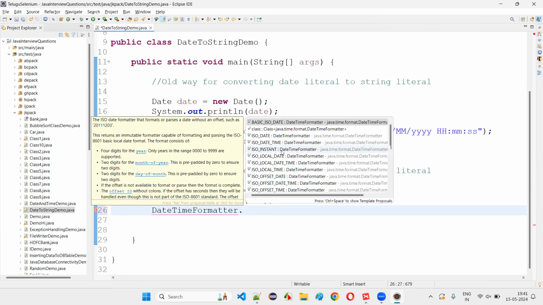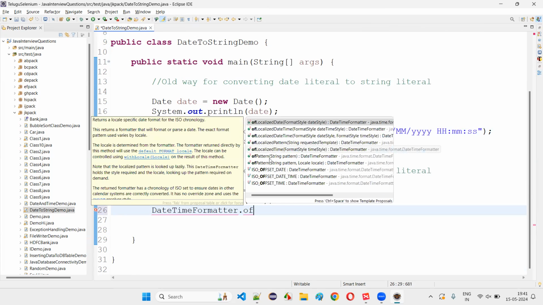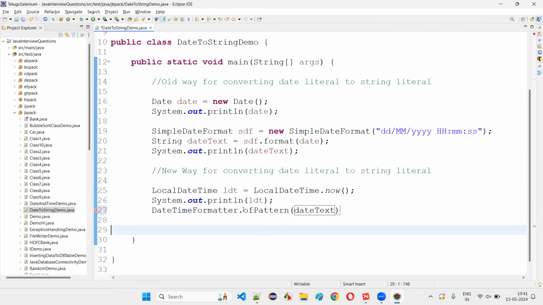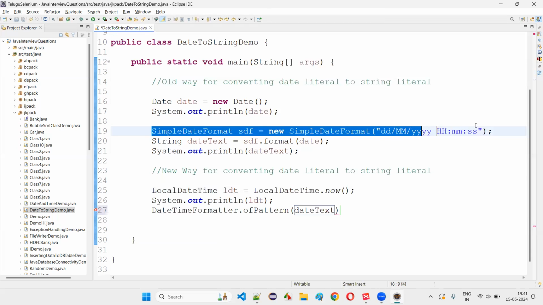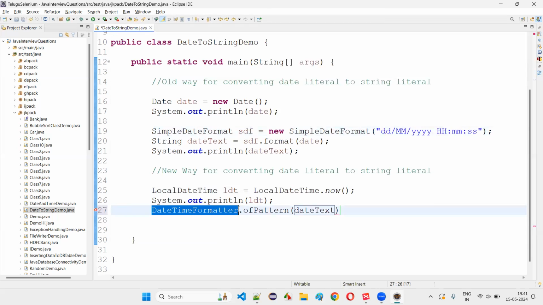Sorry, you have to call the ofPattern method here. Here we should not be using the new keyword for creating an object like SimpleDateFormat. We are not going to create an object for DateTimeFormatter. We have to call a predefined static method of the DateTimeFormatter